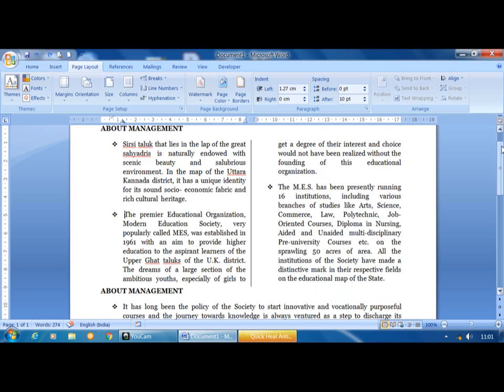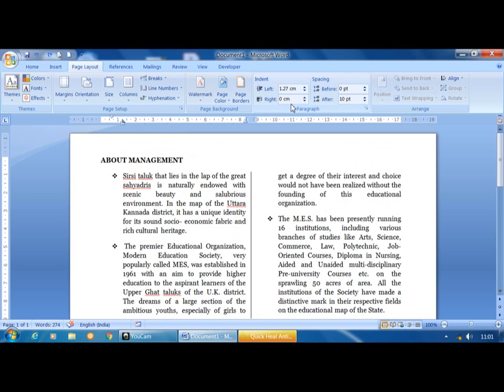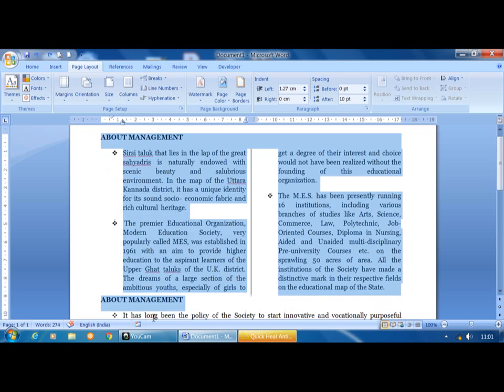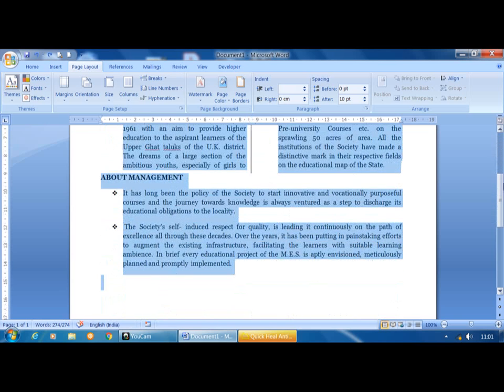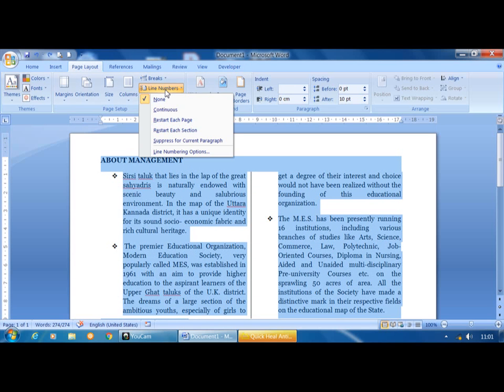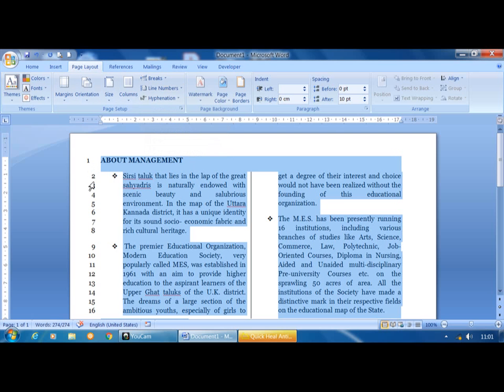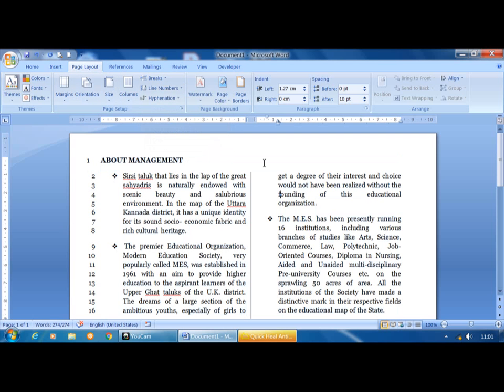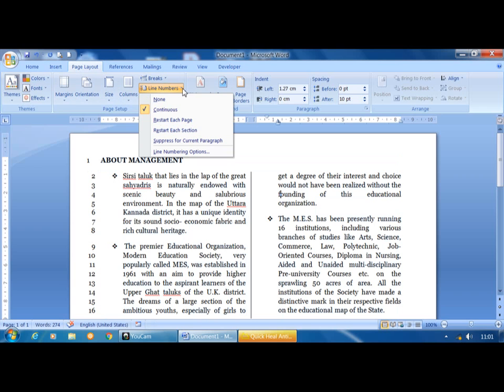Next one comes line numbers. If I want to give numbers for every line, no need to insert the numbers, just click on the line numbers option, then click on continuous. See here, it gives 1 2 3 4 5 6 7 8 in this way. In the same way, different options are there.